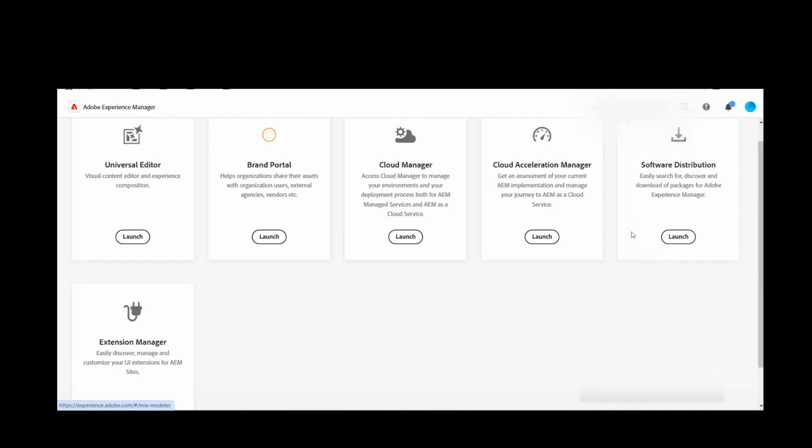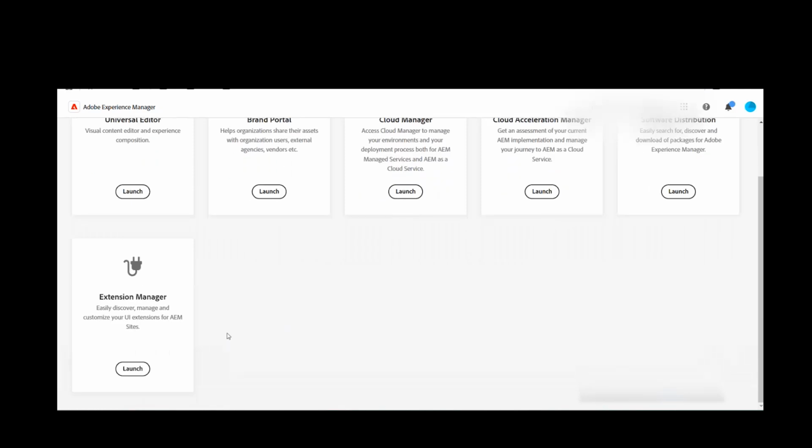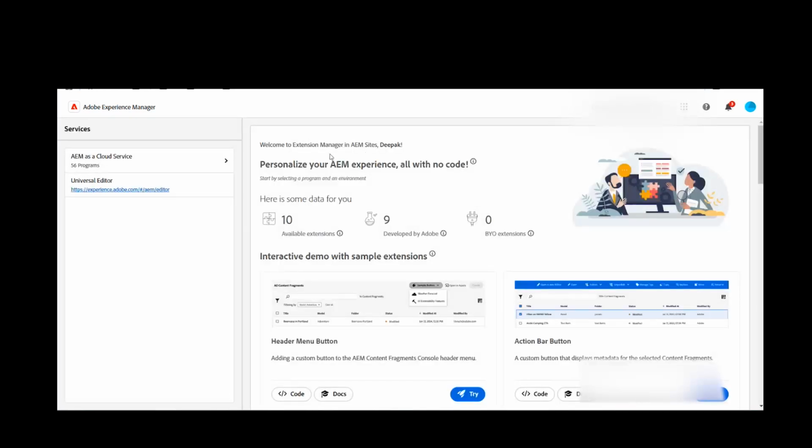Now, once you have this screen, you need to click on the card with the name Extension Manager. Once you click on launch, you will land on a screen like this,